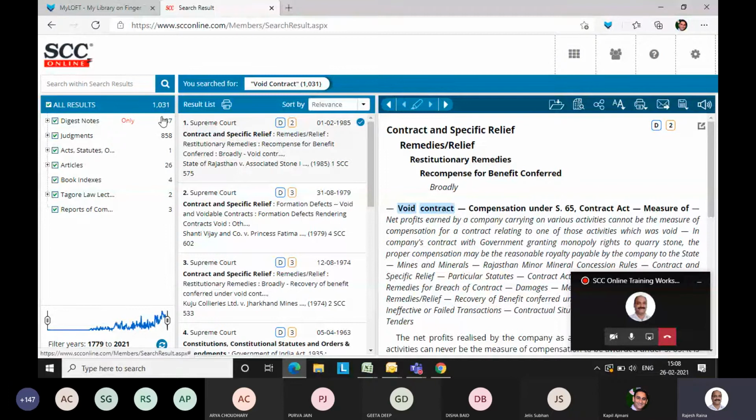You are seeing the first head note over here, which is void contract. This void contract you're able to view. So double quotes, double inverted commas, is what we had incorporated.